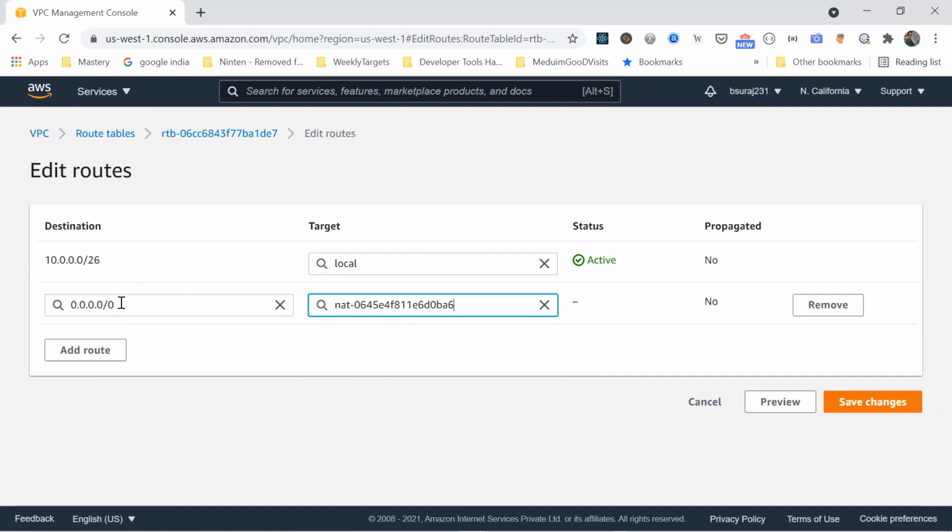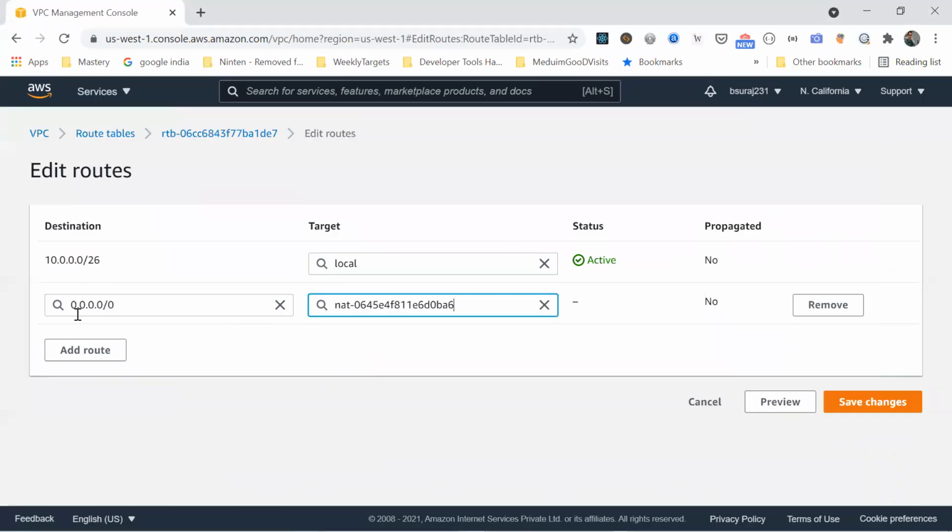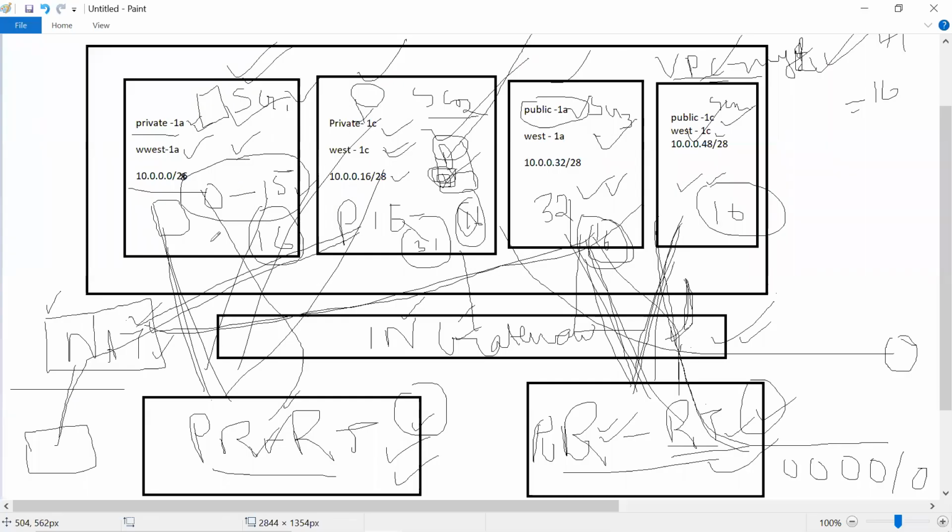You can create multiple. In the route table of the private subnet, I am associating the open internet with that NAT, so that these security groups can actually access the open internet through the NAT. The internal working of the NAT is that it is associated with the public subnet, and it can get the data from the open internet and give it to the private subnet, which is not having any access. If there is no NAT, they won't have any access to the open internet.